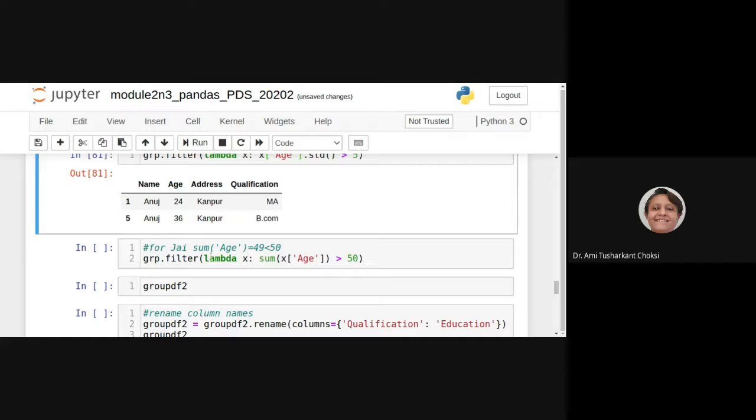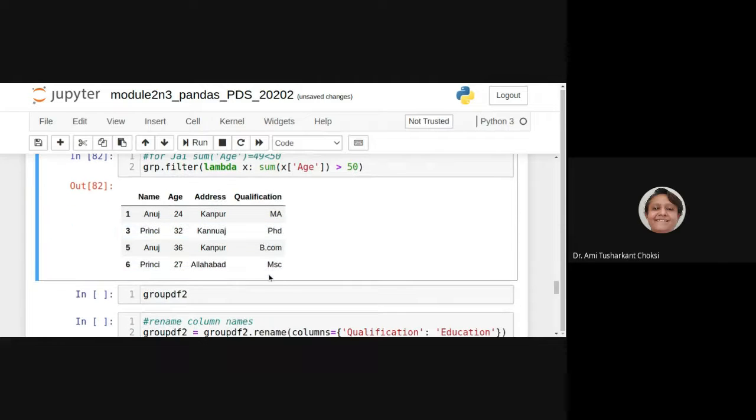Now we can say the age is greater than 50. So where the age is greater than 50, only for that it displays. For Anuj, we have the age greater than 50. What we are doing is the sum of age is greater than 50.